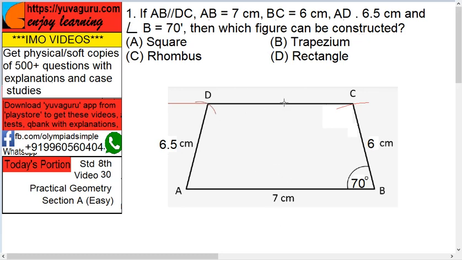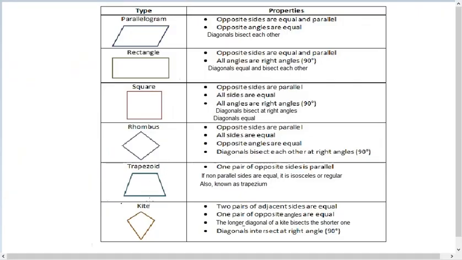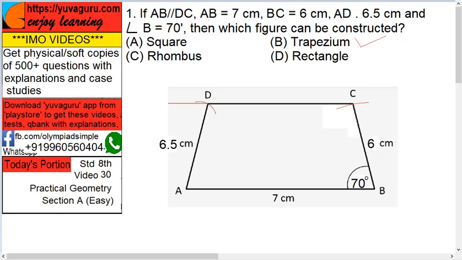Here two sides are parallel and the remaining sides are not equal, so it is a trapezium, right? See, the important part of a trapezium, that's also called a trapezoid: one pair of opposite sides is parallel, that's the only condition, and the remaining non-parallel sides, if they are congruent, then it's called isosceles. But they cannot be, but one pair of opposite sides is parallel, that's important. So answer